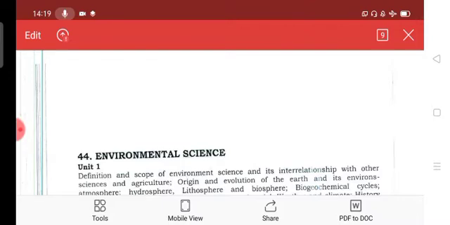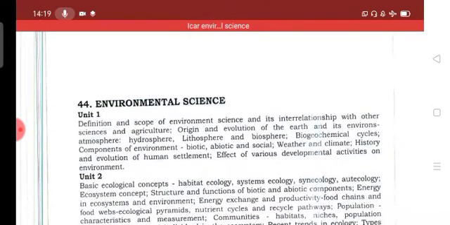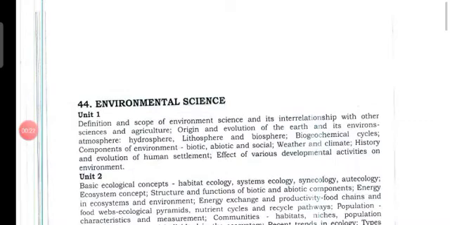So in this video there is the syllabus of environmental science for ICAR. The first unit is definition and scope of environmental science for students, and its interrelationship with other sciences and agriculture, origin and evolution of the earth and its environment, atmosphere, hydrosphere, lithosphere, biosphere,